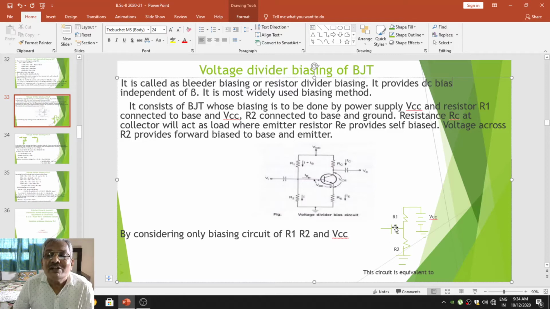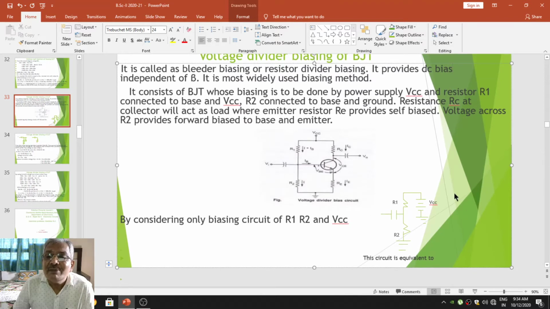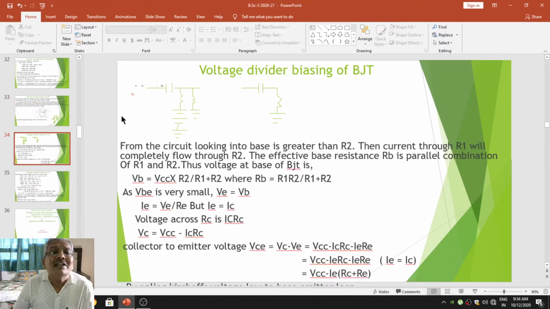This is the input capacitor to which we apply the input signal to be amplified. So only this particular part we have considered for the purpose of the analysis, which is represented here. This equivalent diagram is the same as this particular diagram. To proceed further, this diagram is further reduced or made equivalent like this. Look here. So here is R1, R2, and this is the input capacitor to which we are applying the input.